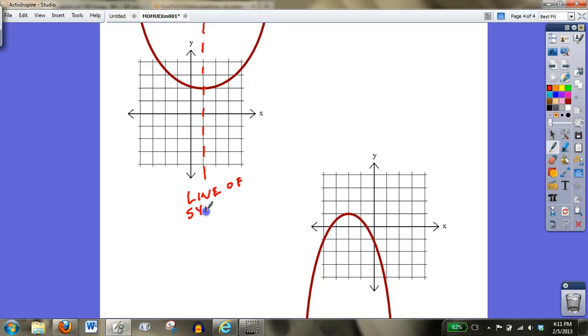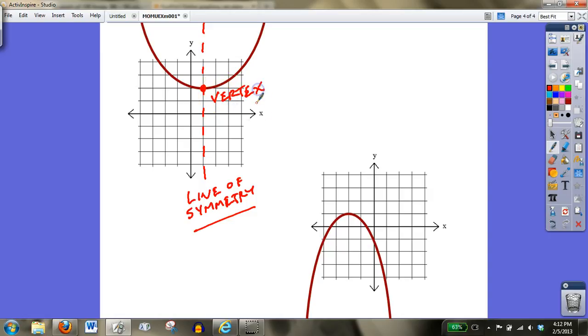Go ahead and make sure we copy this down. Line of symmetry, sorry. S-Y-M-M-E-T-R-Y. A little sloppy, hard to write on this computer monitor. And along the line of symmetry, there's a point right here, which is where everything changes. Instead of it coming downwards, it's all of a sudden where it shifts directions and starts going upwards. This is what we call the vertex,